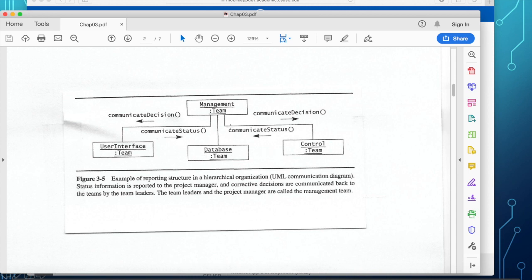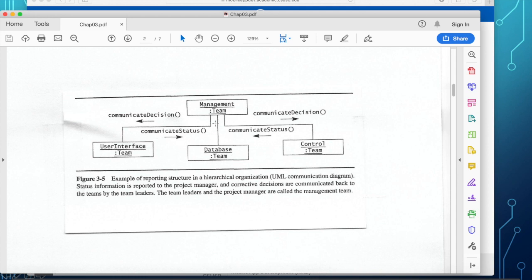And this link here in UML diagram is the communication about decisions made by the management team, and the different teams respond through the status of the decision.